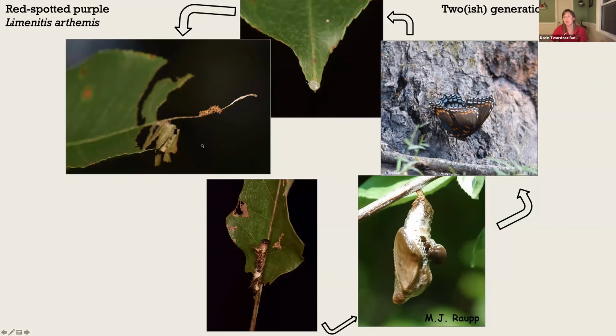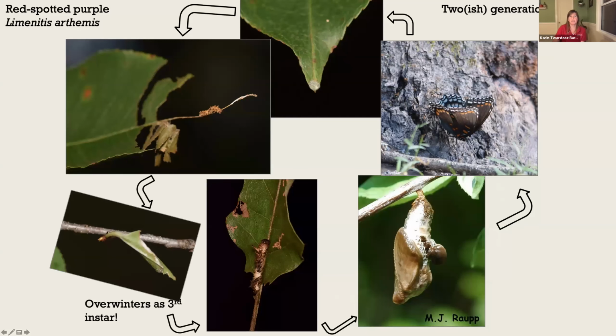So these guys are really pretty easy to find on your landscape if you have a cherry. It grows up, it pupates, and then you have your butterfly. Now the interesting thing about these guys though, is they actually overwinter as a third instar caterpillar. So caterpillars go through a number of molts, all insects do. And so it actually forms this little hibernaculum, and you can find this over winter on your black cherry trees.